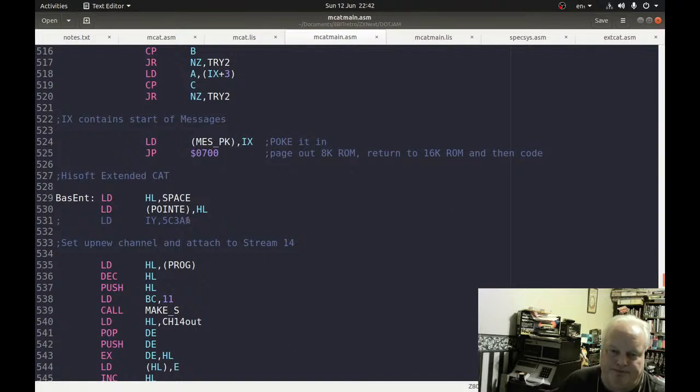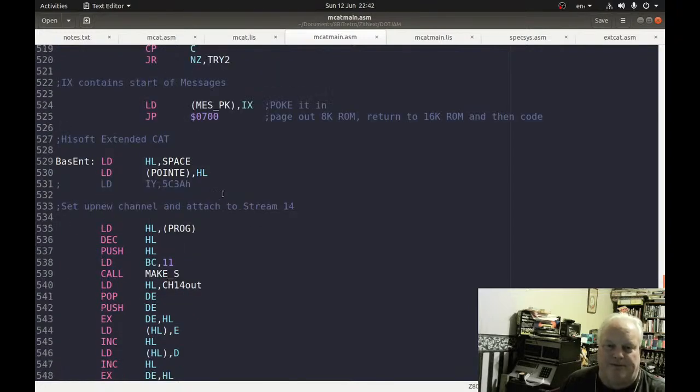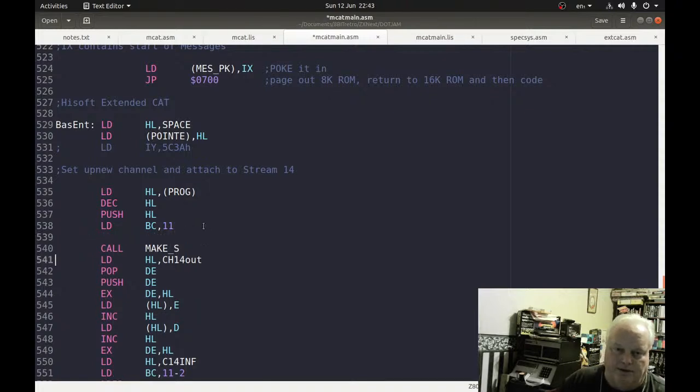Shall I just bash on with this code? I've got another 15 minutes, and then I'm going to submit my dot as it was, because it'd be really cool to have extended, wouldn't it? So all I've got to do is convert this now to be able to run in the context of the shadow ROM. So I have to think the other way round now. Here, where it calls make S in the main ROM, I need to convert that to call